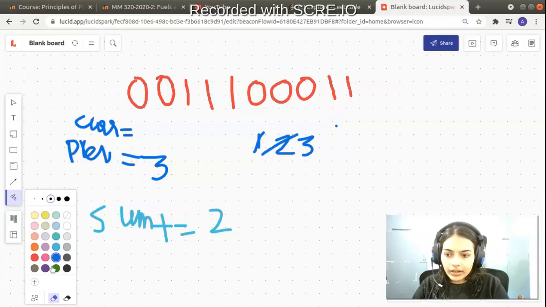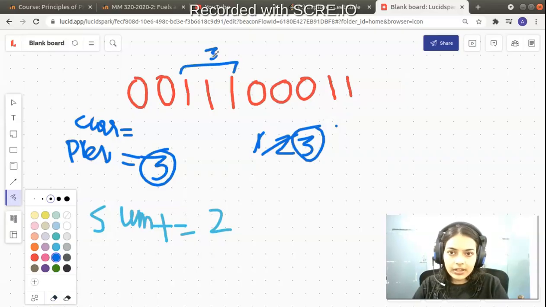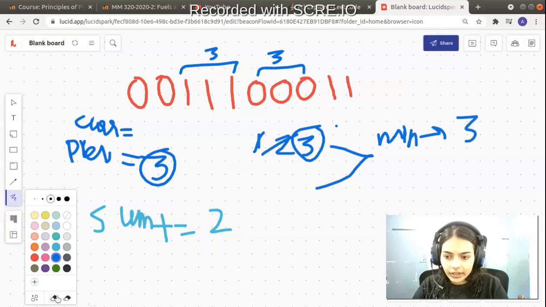So now what will we do? We will compare previous and current, and we will save the minimum. So you see, previous corresponds to these three elements grouped together, current corresponds to these three elements grouped together. Minimum of these two values, right? Minimum of 3 and 3 is just 3, so I will add 3 to my sum. So 2 plus 3 becomes equal to 5.